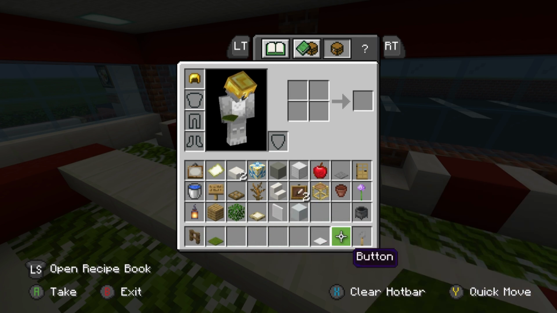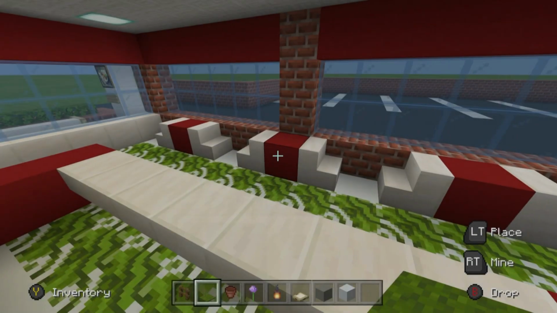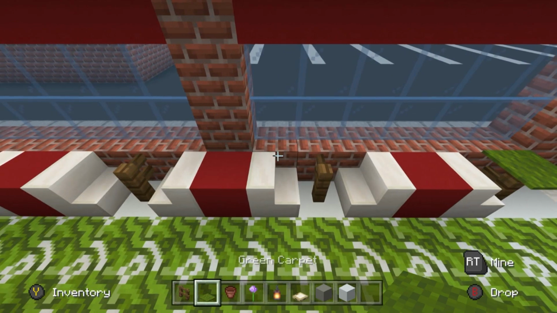So spruce fence, we need some green carpet here. Maybe some flower pots and flowers again. Use different flowers, by the way, guys. Lantern. We'll probably need that trapdoor again, and we might even need some light grey concrete and also some white concrete too. And everywhere, all the gaps in between these tables, we're just going to stick spruce fence,